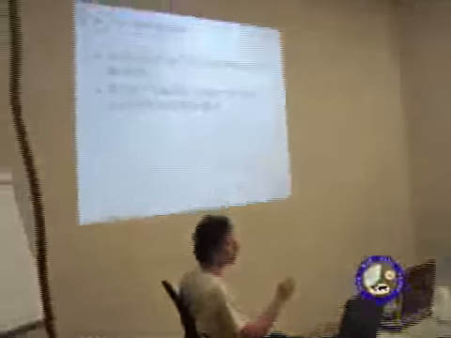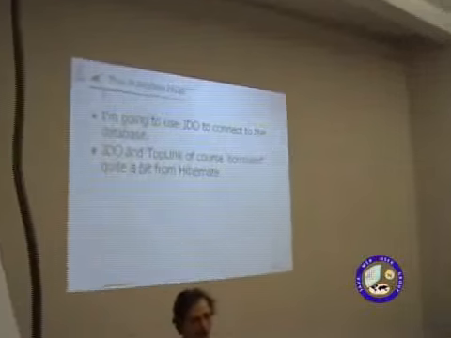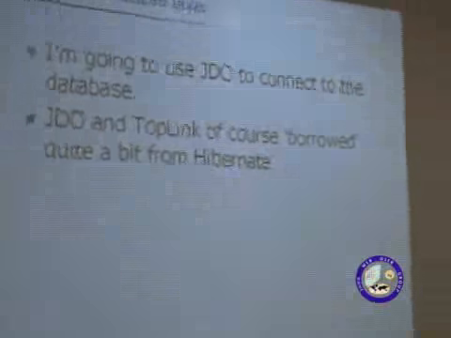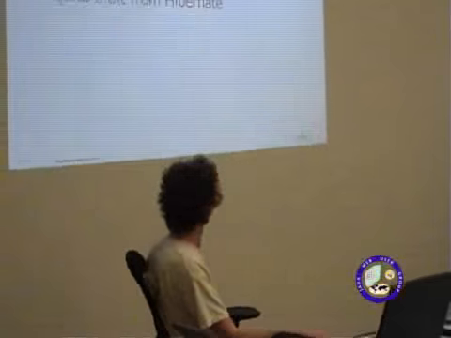I'm going to be using the Java data objects to connect to the database and maintain connections to the database. Again, this is something that started out as a very innovative feature in Hibernate, but it's now crept across to certainly the latest version of the JE. And I'm using TopLink, which again started off with Oracle, and is now part of something you can download with the JE